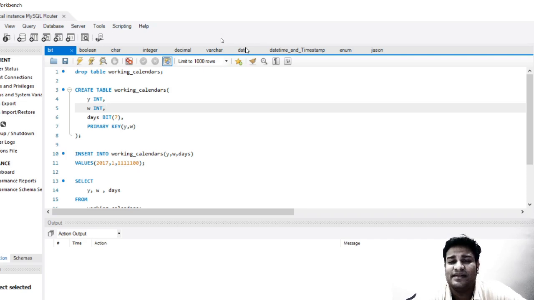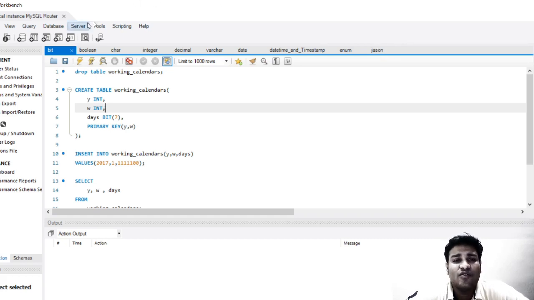Then we have the date data type, and then we have date time. This one contains only the date and this one contains both date and time. Then we will talk about the difference between date time and timestamp. Enumeration: if you are a Java person you may know it, but if you are a business analyst or a tester, you might not know what enum is, so we will discuss what exactly enum is. Then we have a data type called JSON. If you are a programmer in any language, you should know what JSON is, but if you are not, do not worry. We will discuss what exactly the JSON data type is.